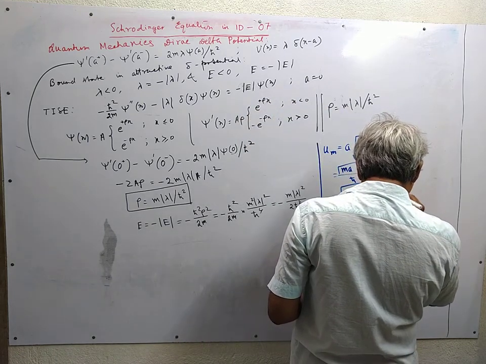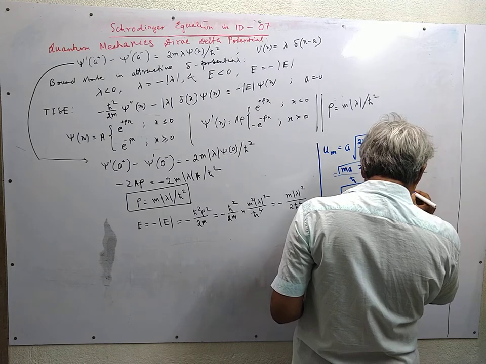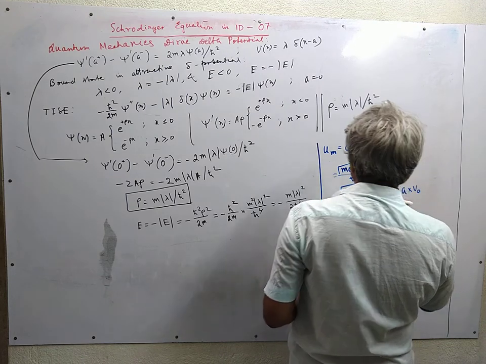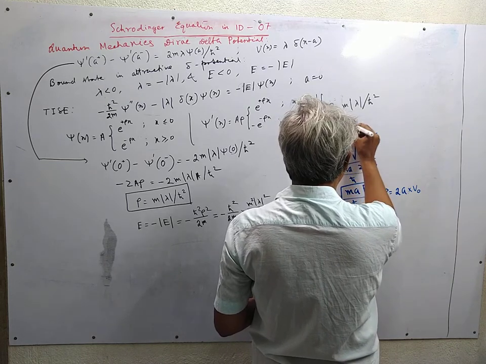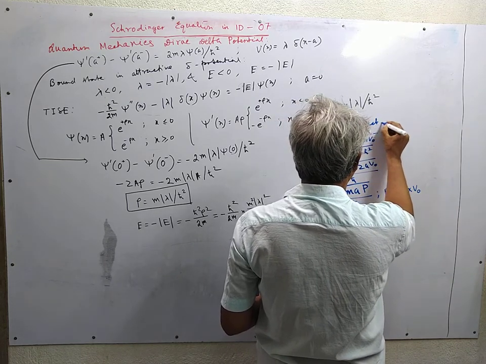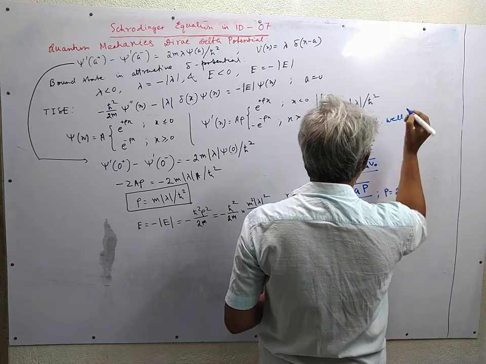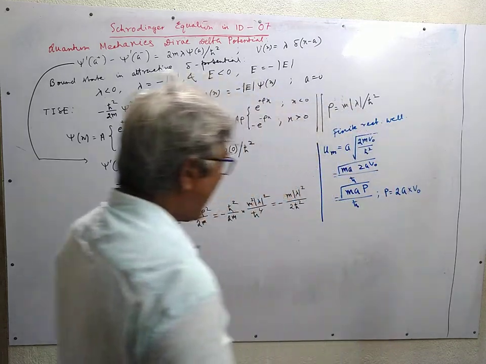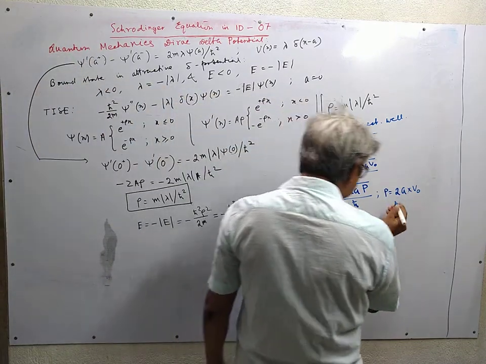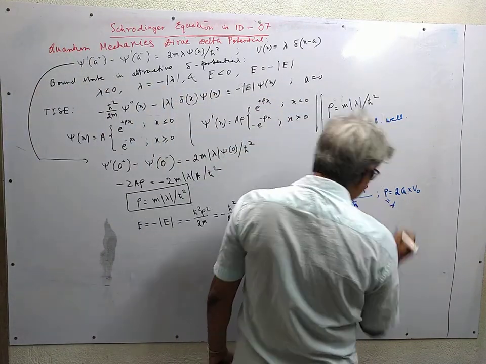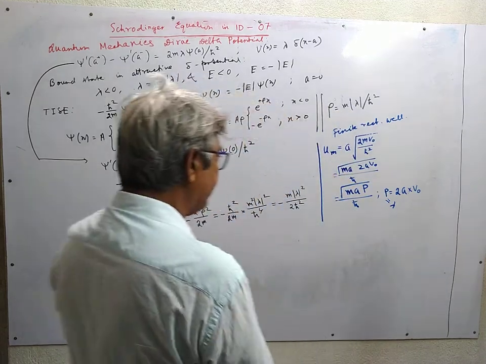P is equal to 2A into V0. This is for the finite rectangular well, bound state, and